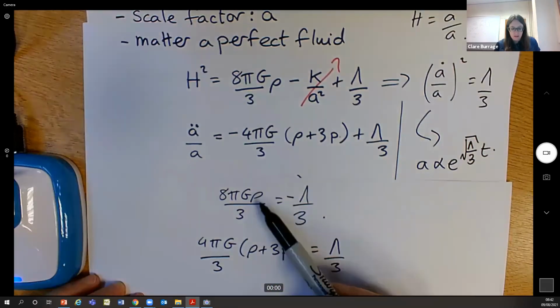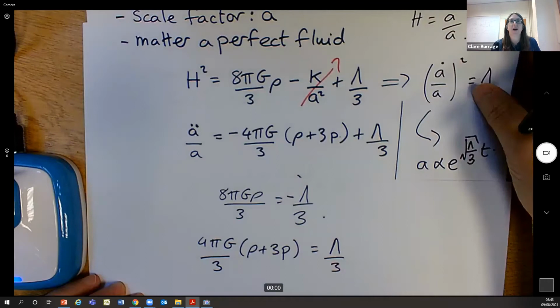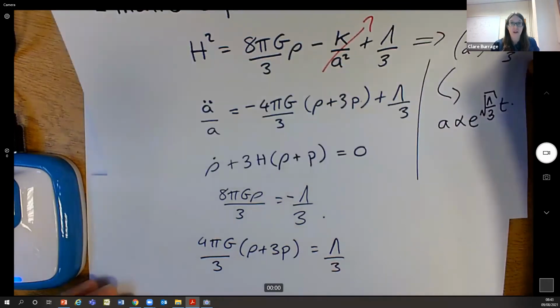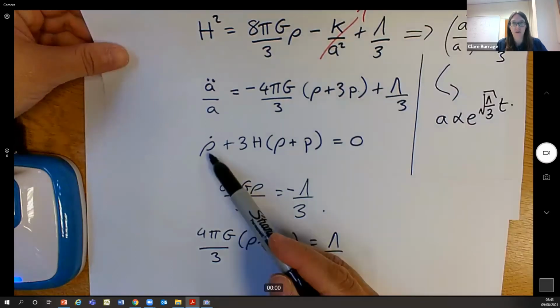And we can also see from this equation that if our rho is mimicking all of the cosmological constant, then rho had better be a constant as well. So for our continuity equation to be satisfied, so for rho dot to equal 0,